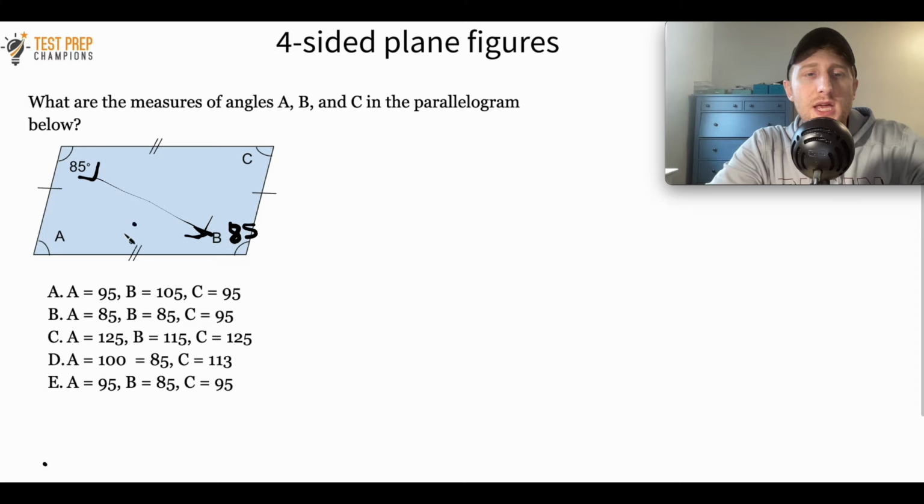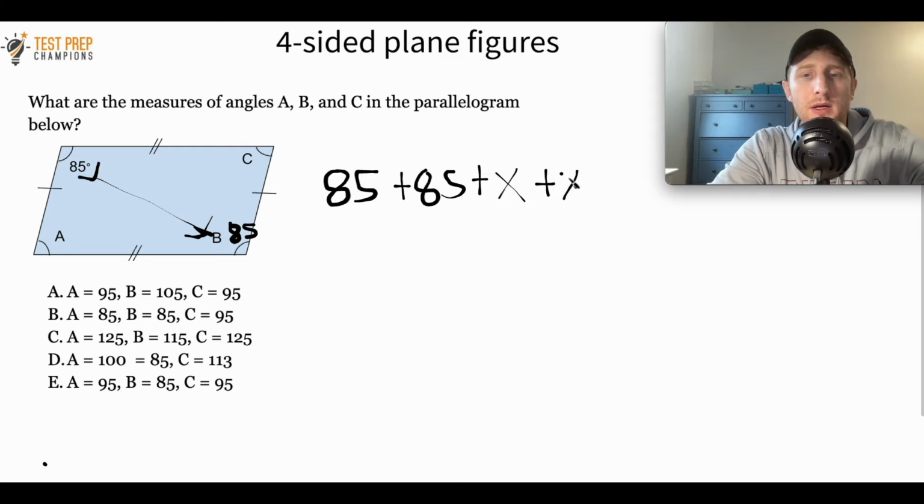And we know that C and A, since they're opposite, are going to be equal, but we don't know what they are yet. So we can set up this equation: 85 plus 85 plus x equals 360, because for all 4-sided plane figures, including parallelograms, the internal angles must add up to be